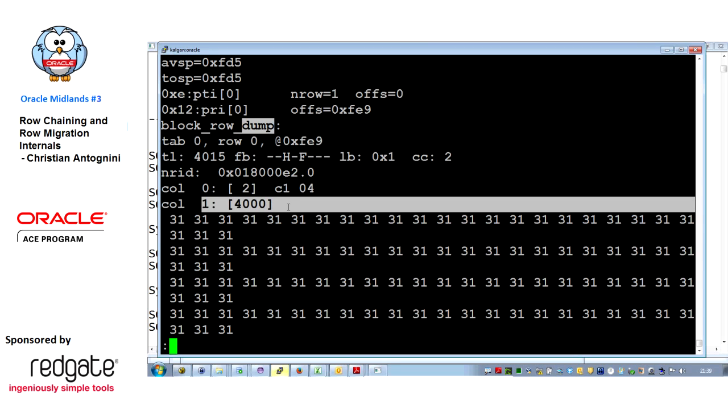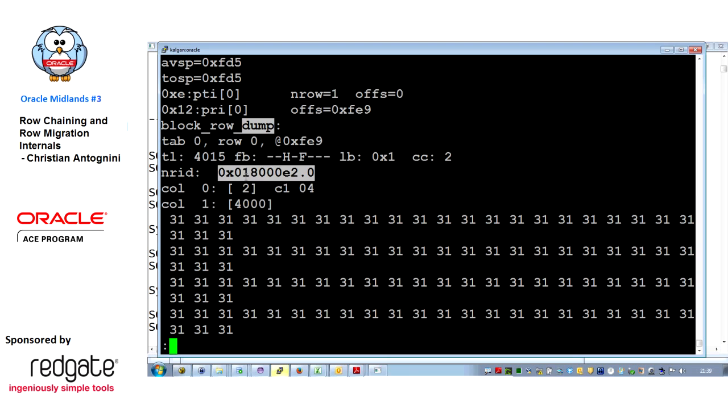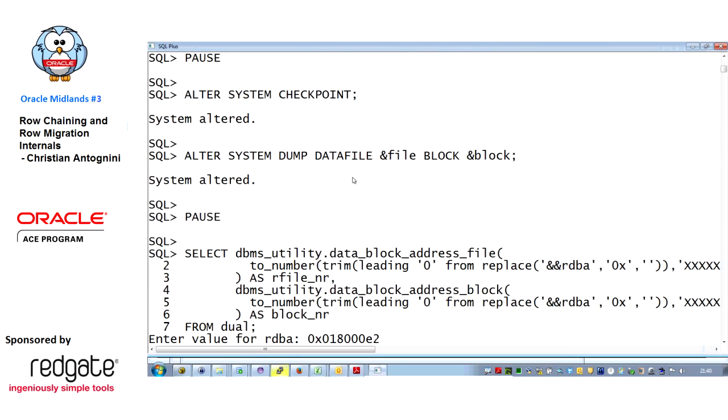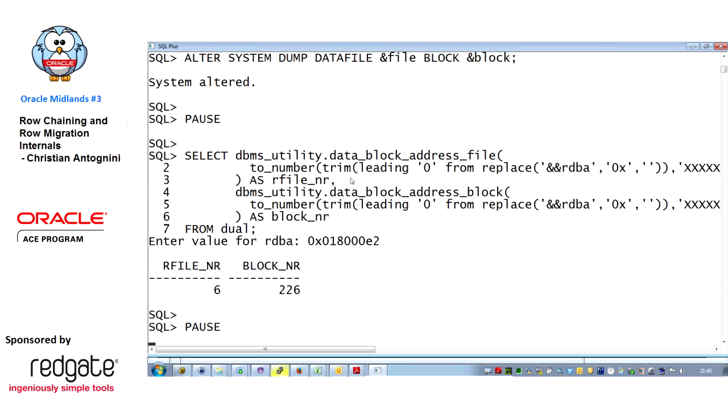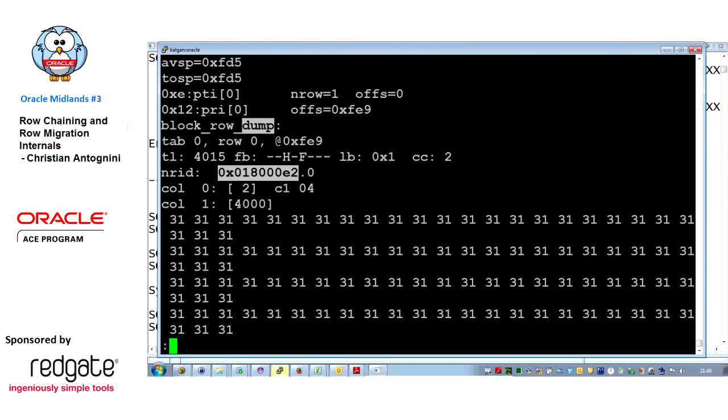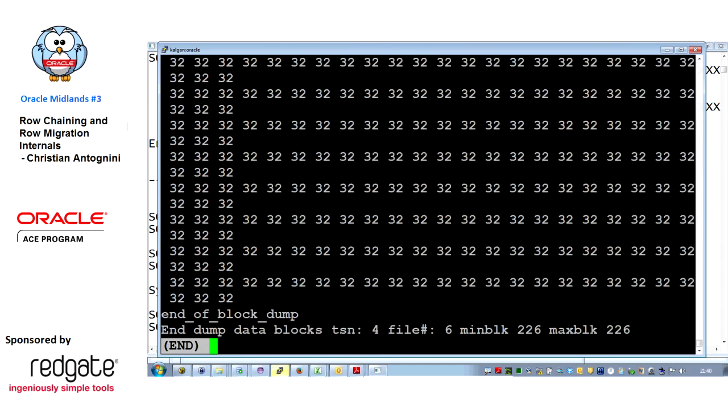The first column is the ID, and in the second column I have 4,000 bytes of data. The other 3 columns are stored somewhere else. Where they are stored, we have the row ID here. If I take only the file number and the block number, I can note which block the row continues in. So if we dump it,